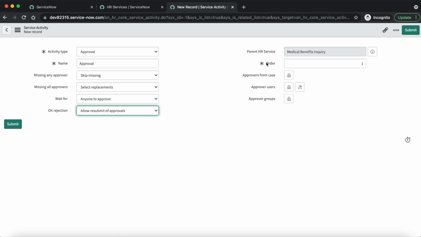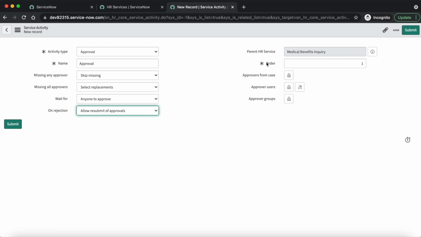Now we have an order field. We can provide an order number to follow a sequence, like if we are configuring multiple service activities for the same HR service, then which activity will execute first or second or third will be determined by the order field.